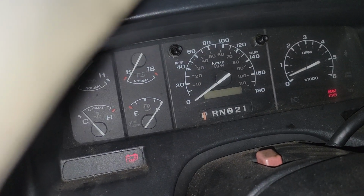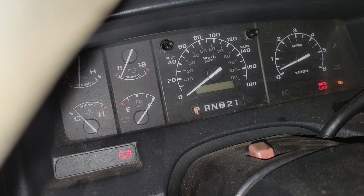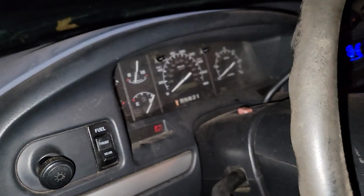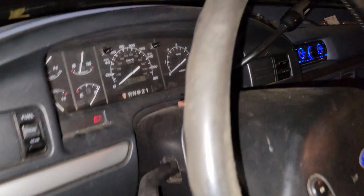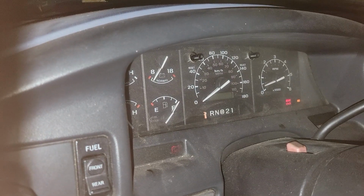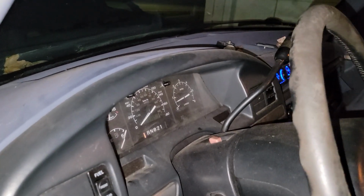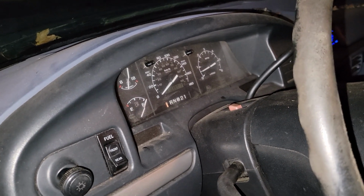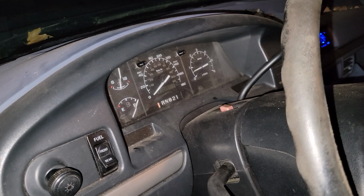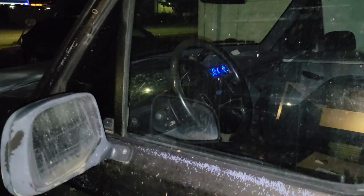Come on. Oh, now she's not going to start. Really? I did just start this thing, I swear. No, I'm going to drain this battery down. Hold on. All right, she started. Rough idle right now. Oh, she's a rough idle. She'll smooth out. She'll smooth out. And I saw the vacuum leak for just a quick second because she does have a vacuum